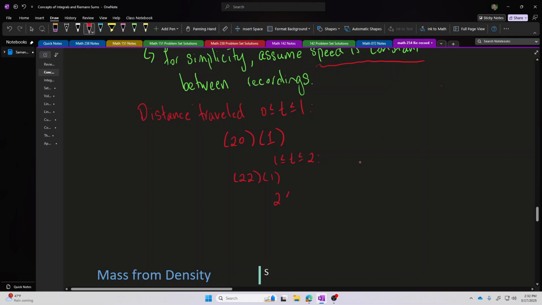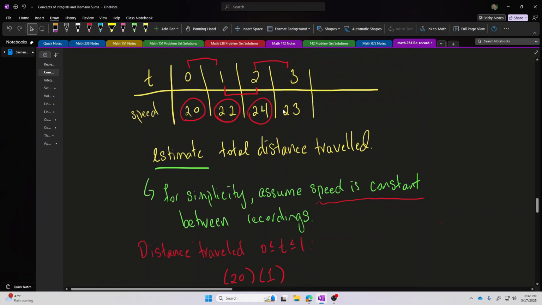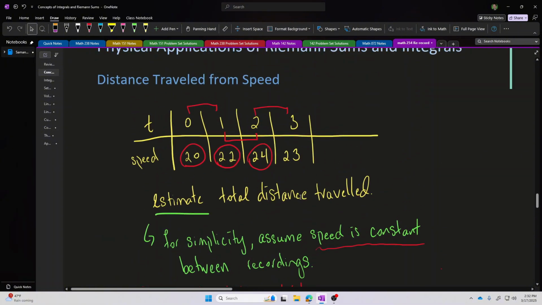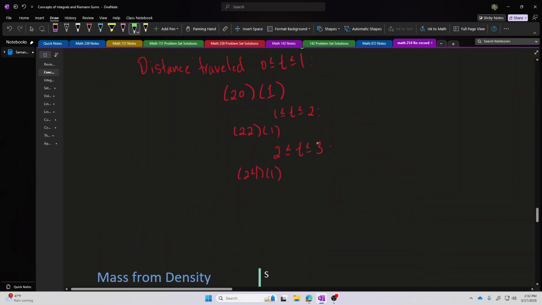And then similarly for the final period of time from 2 to 3, I'm assuming that the object speed was roughly fixed at around 24 units during that time period. So speed times time would be 24 times 1. 24 maybe meters per second held for 1 second of time. If I do that, then the total distance traveled would be 24 meters. Then if I wanted to know how far the object had traveled in this entire time interval, all the way from 0 to 3, all I would have to do is add up these three individual results here.